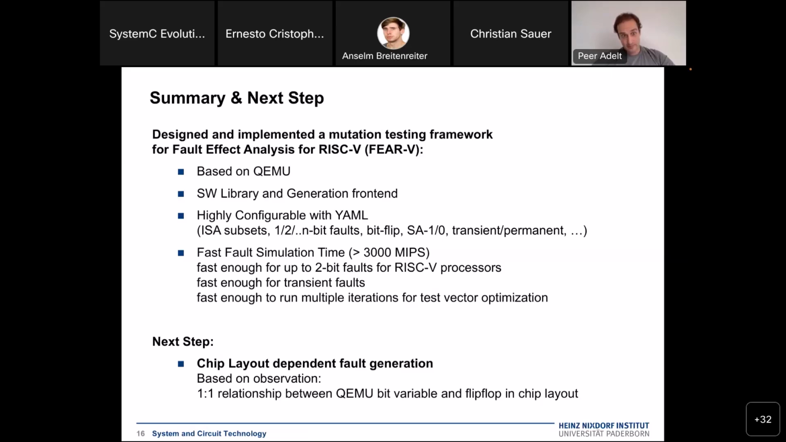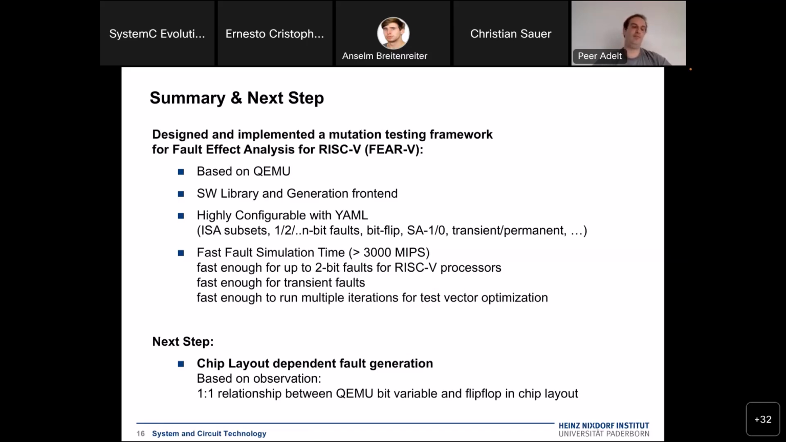The outlook. What we are currently working on is the chip layout dependent fault generation. What we mean by that is we synthesized the Freedom E CPU in this example with Innovus, and we looked at the standard cell layout. From the standard cell layout, we then get information about the neighborhood of flip-flops that belong to the same registers. And this information we then feed back into the Fika 5 approach to only consider multi-bit faults that are